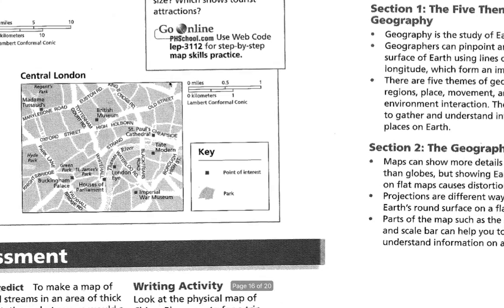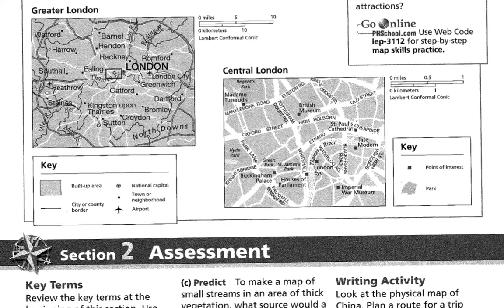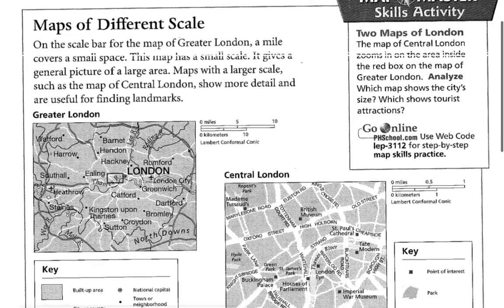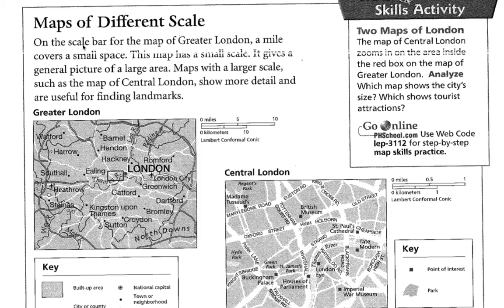All right, last bit of reading. We're not going to do the Section 2 assessment right now. Maps of different scale. On the scale bar for the map of Greater London, so the city of London, England, a mile covers a small space. This map has a small scale. It gives a general picture of a large area. Maps with a larger scale, such as the map of central London, show more detail and are useful for finding